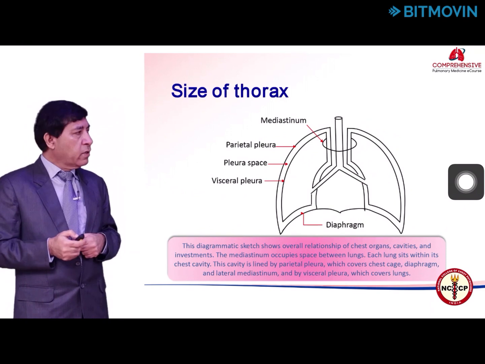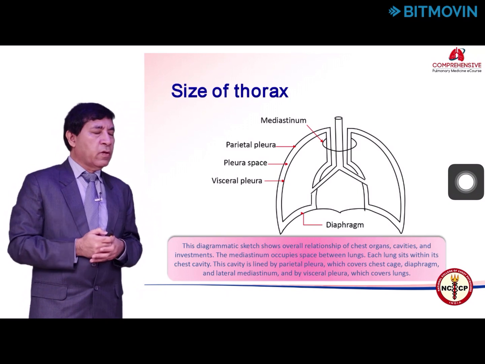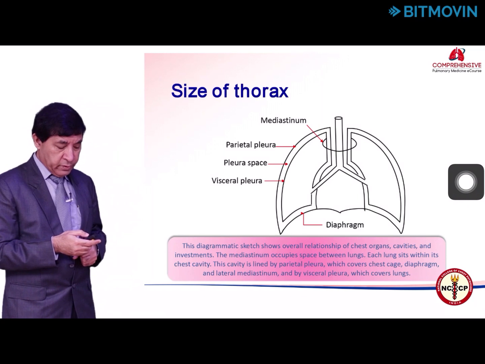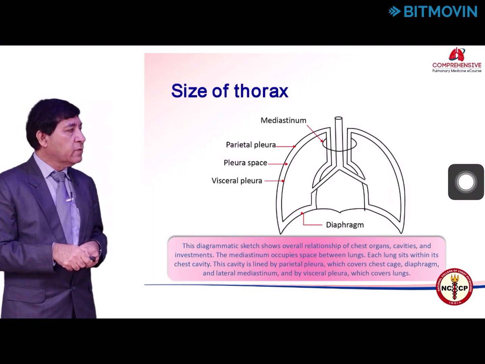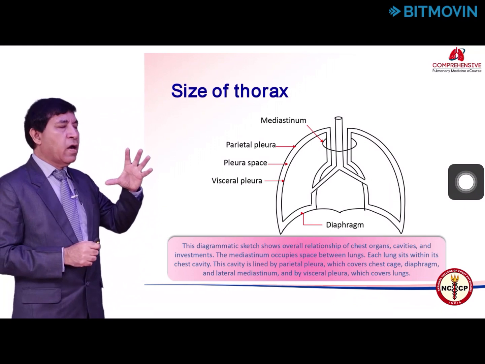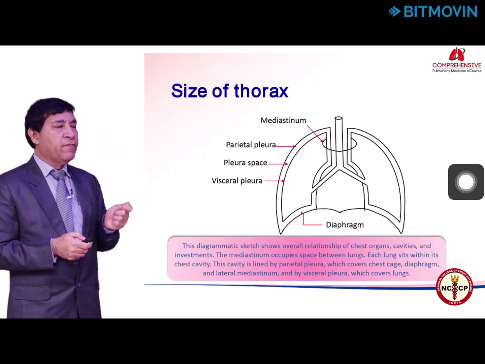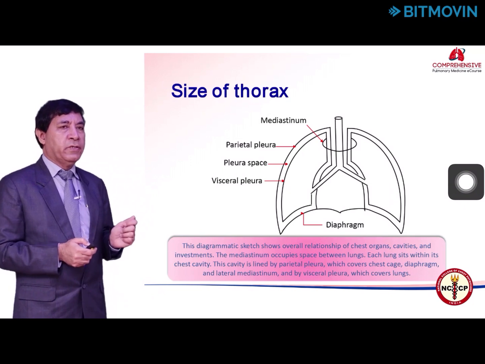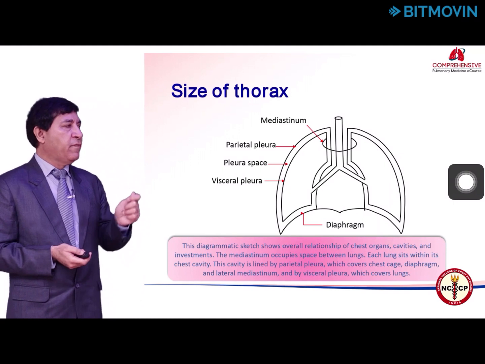So here is another cartoon which tells you about how the size of the hemithorax or both hemithoraces is maintained. We know here that the thorax has a pleural cavity. This pleural space, as you can see here, has a negative pressure. Because of this negative pressure, it keeps the lungs expanded, and it also pulls the chest wall inward and the diaphragm upward. So under normal physiological condition, due to this negative pleural pressure, the lungs are kept expanded, the chest wall is pulled inside, and diaphragms are kept up.